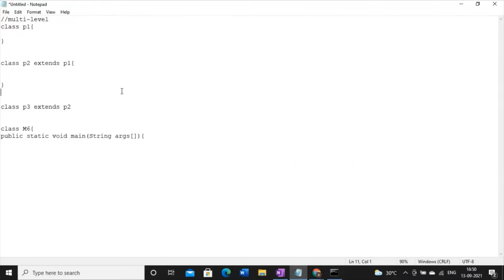Now after this inheritance, the logic is we have to put a constructor inside each class. Constructor name should be the same as the class name. So it should be P1.